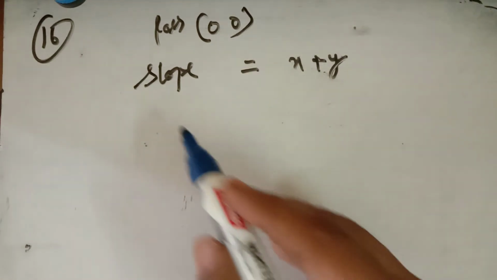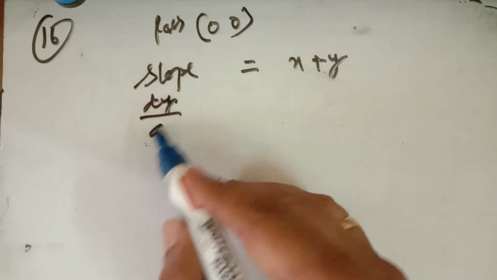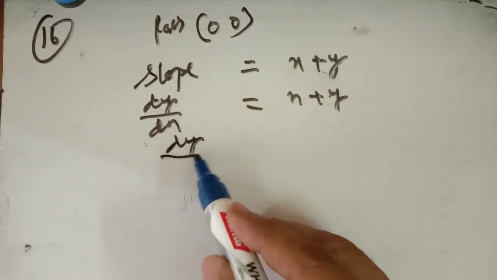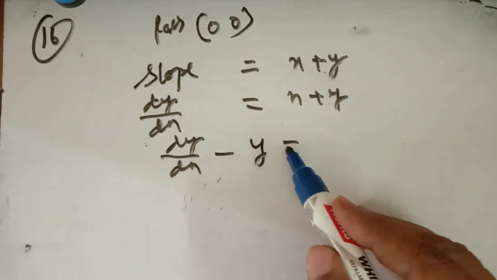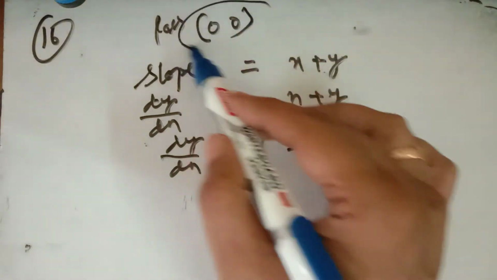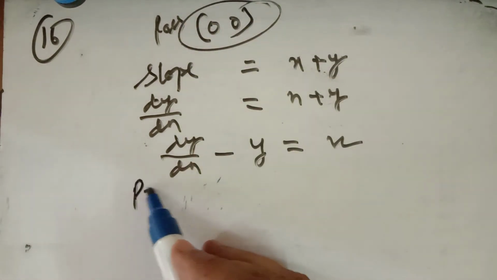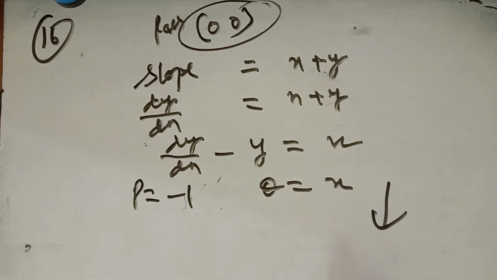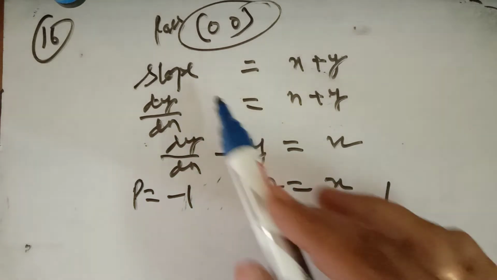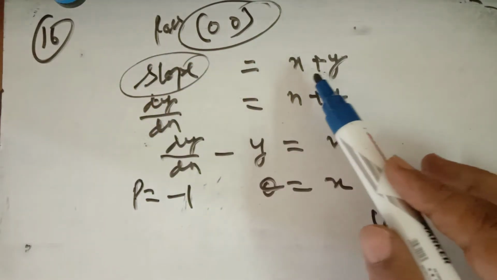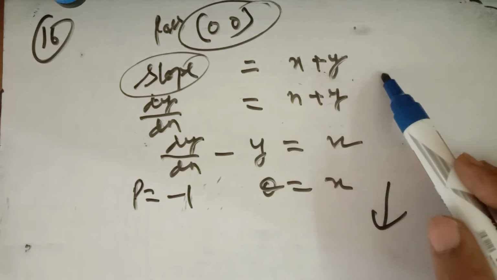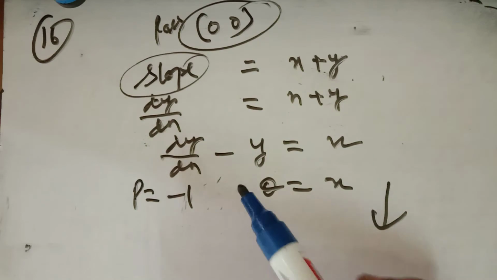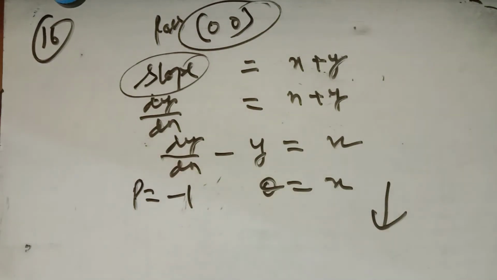Now we know that the slope of the tangent is dy upon dx, at the point x and y. So by doing this, you are getting a first type linear differential equation, and to find the value of c, the condition is given. So p is equal to -1, q is equal to x, and solve it by finding the solution of linear differential equation. It is given that the slope of the tangent is equal to the sum of the coordinates. The coordinates here are x and y, and the slope of the tangent at the point xy is equal to dy by dx.